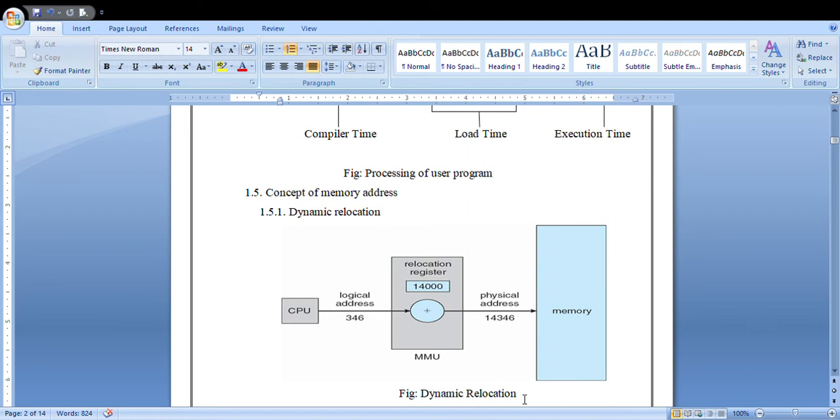It won't be like that. It will check whether the memory space is free or not, and it will be stored wherever the space is free. That is the dynamic relocation process.